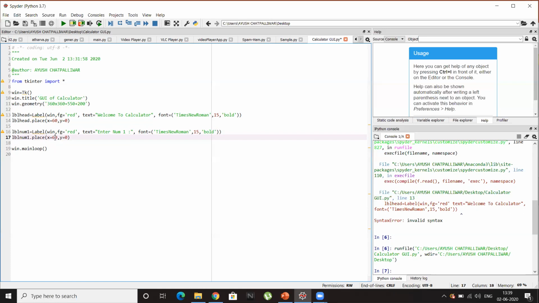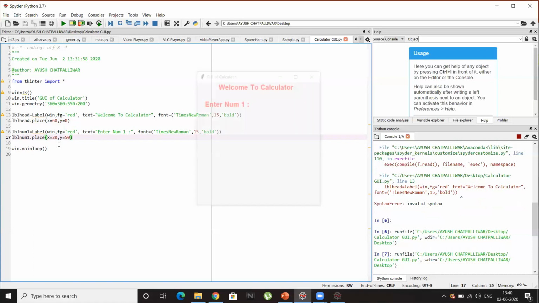And my x coordinate will be different. Let's try to give x 10 or 20. Let's start with 20. And here I'll need to give the y coordinate because I want it more downwards. If you want to move it from left to right, you can increase the x, and if you want it more from top to bottom, you can increase the y. Here I'll give y as, let's try 50. Let's run this.